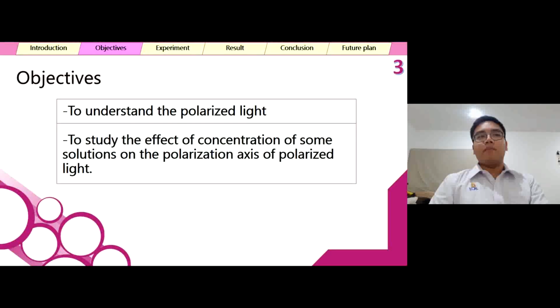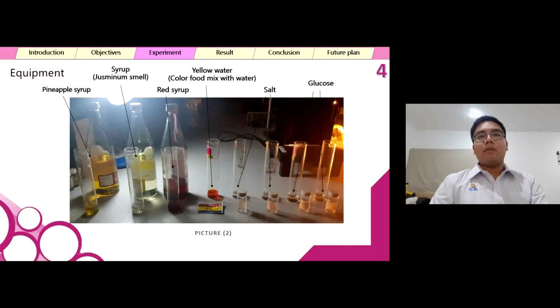My objective is to understand the polarized light and to study the effect of concentration of some solution on the polarization axis of polarized light. My experiment, about the equipment. Let's start from the solution first. We have solutions including pineapple syrup, jasmine syrup, red syrup, yellow water 10 and 20% mass by volume, salt 10 and 20% mass by volume, and glucose 10 and 20%